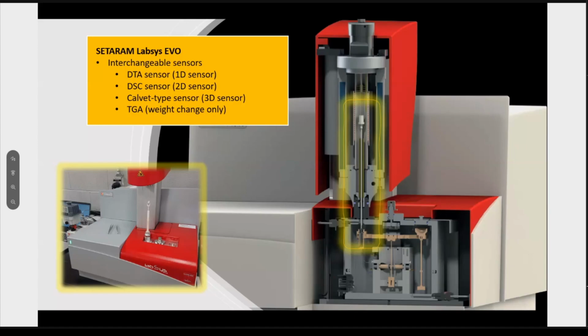And simultaneously, we can measure the weight changes during the temperature scan. It's very unique. And the second unique feature is that we can measure the thermochemical properties up to 1600 degrees Celsius, really high temperatures. And historically, Setaram has been developing the system for high temperature thermal analysis. So this equipment is really appropriate for our research work.